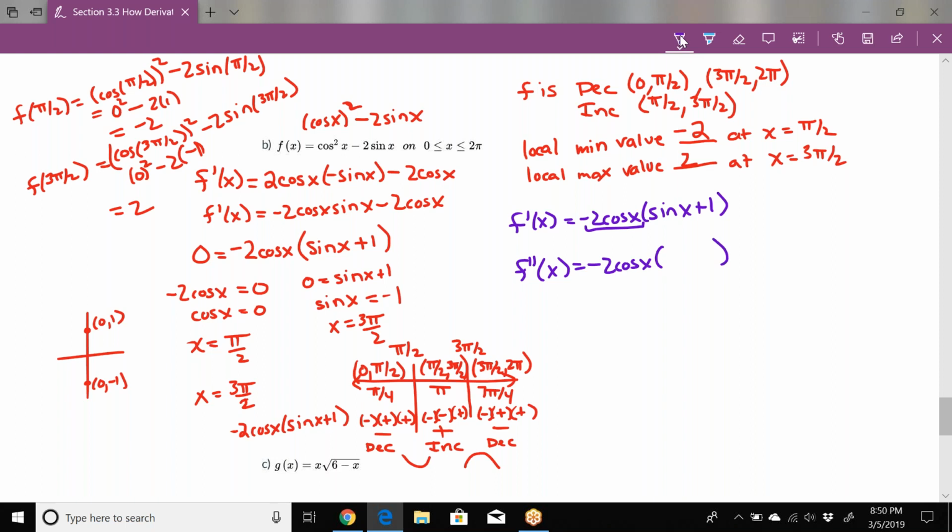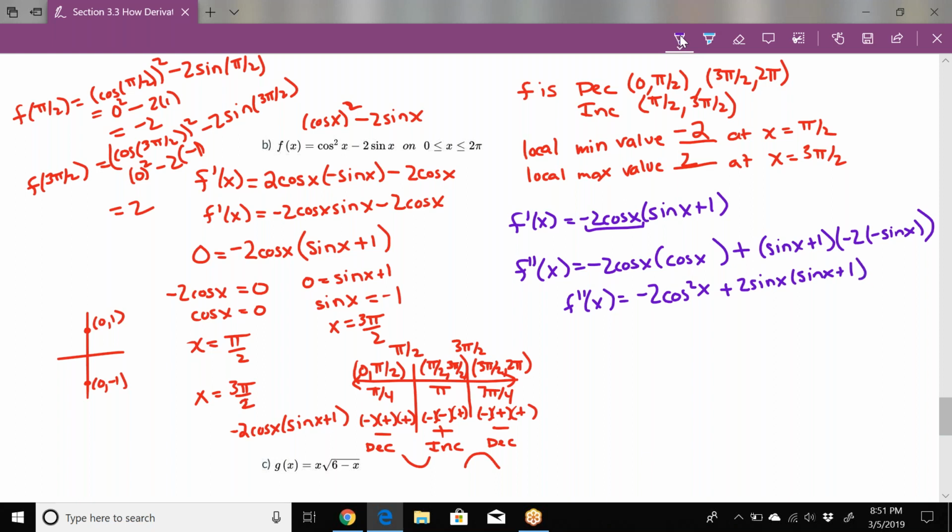The derivative of sine x plus 1, the 1 will be 0, so that's just going to be cosine x, plus the second times the derivative of the first, where the -2 is still there, and then we take the derivative of cosine, so that's going to be negative sine x. Okay, so if we clean this up a little bit, this is -2 cosine squared x plus 2 sine x times sine x plus 1, and then I'm going to distribute that. So that's plus 2 sine squared x